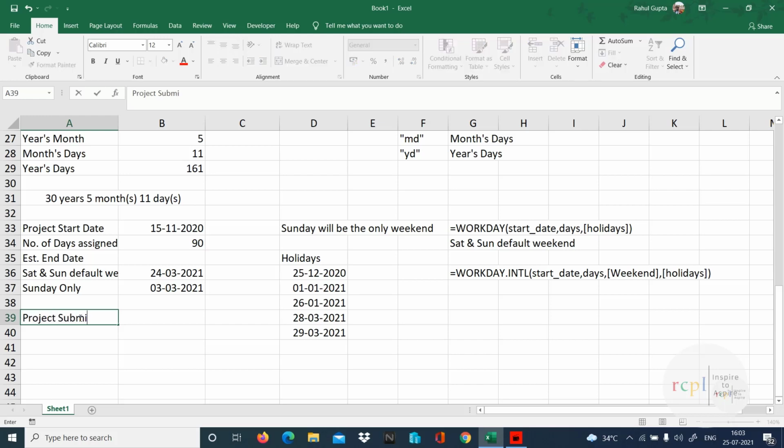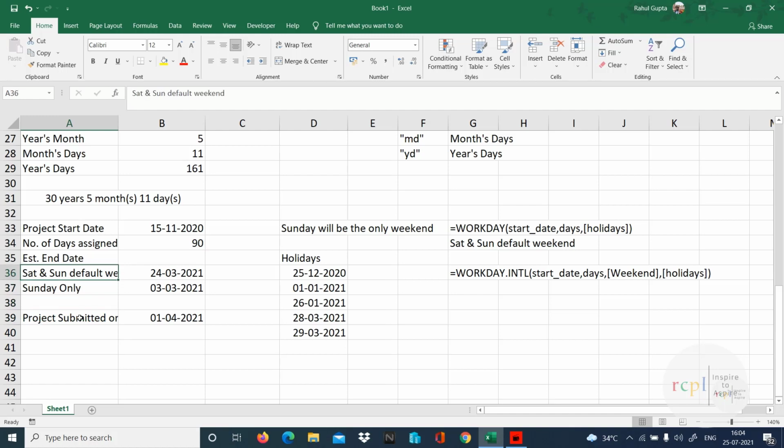Now let's suppose the person has submitted the project on 1st of April 2021. We clearly mentioned to that person that we are going to give a 90 days stipend, 500 per day. But if you are going to take extra days, there will be some cut down in the stipend. Means you are not going to get any extra stipend, but there will be some cut down also. So I need to know how many days that person has taken.